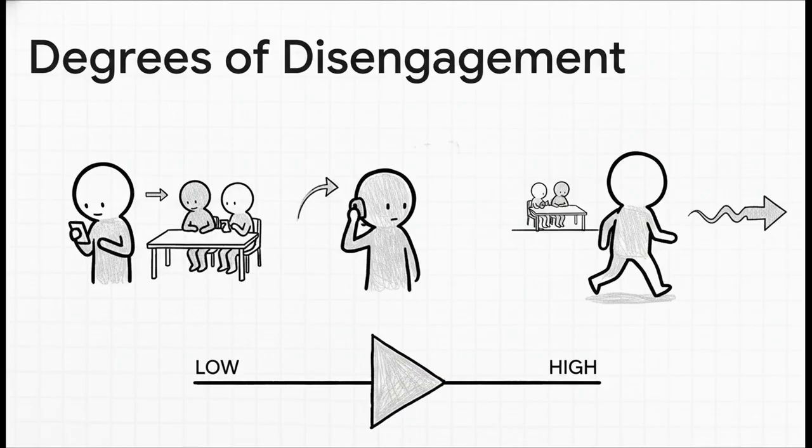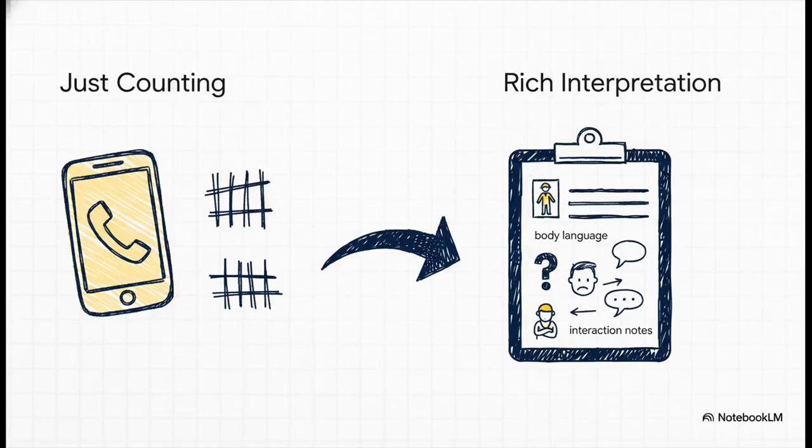It's up to you. See, this kind of detail shows you that observational research isn't just about counting stuff. It's about consistently interpreting the behaviors that you see. And like any good researcher, you're going to create a data collection form and keep track of everything you observe right on it.